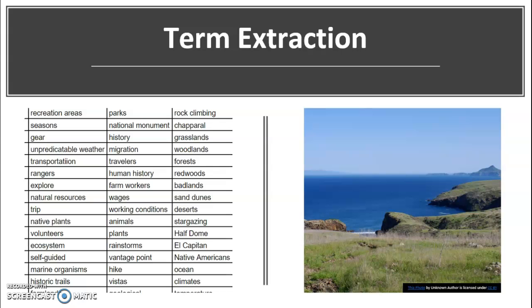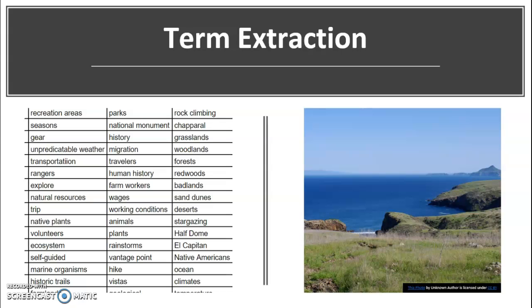Our domain analysis was done by browsing various websites related to California national parks, as well as more general sites related to hiking and camping. We created a Google Doc and initially came up with 200 terms that we felt were important to our topic, and over time narrowed it down to 100.